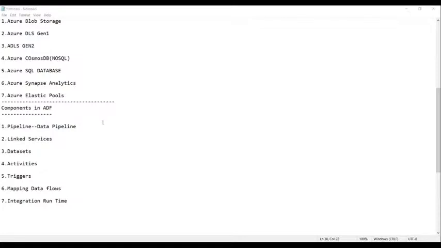So now, the first and foremost one is the pipeline, which is also called a data pipeline. First, I will give you the technical definition, then I will explain it.